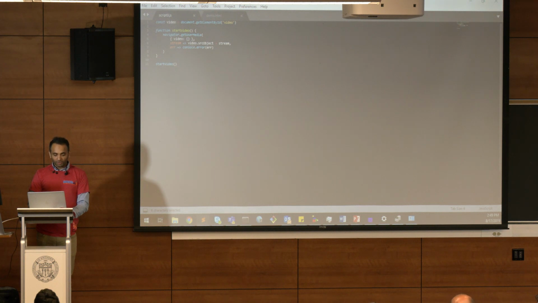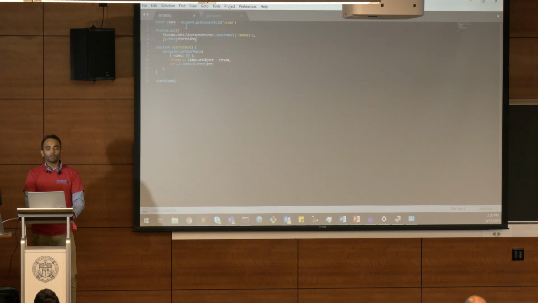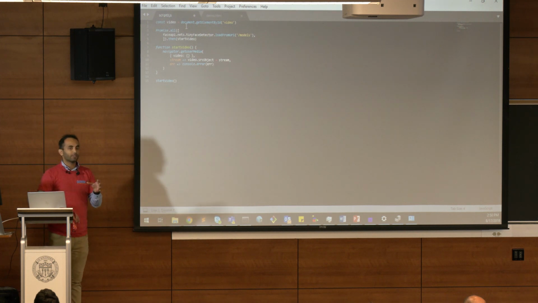So now let's do some machine learning. This is a short demo, so I have some pre-prepared code. So the first thing we're going to do is pull in one of the models that the face API exposes. For those of you that are familiar, the models that the face API JavaScript module exposes are built on a network architecture called MobileNet.